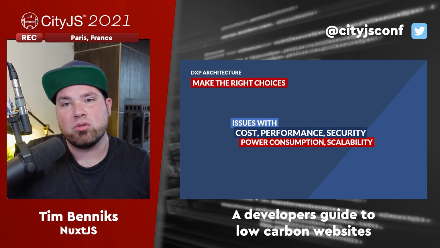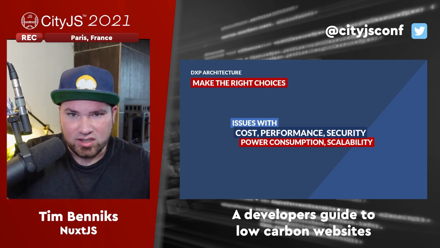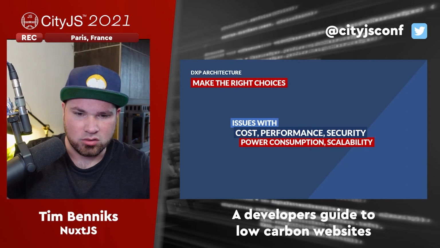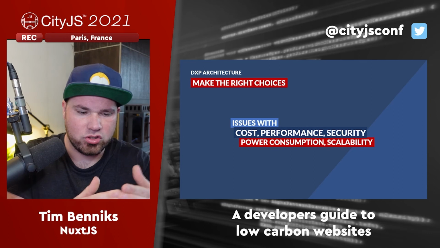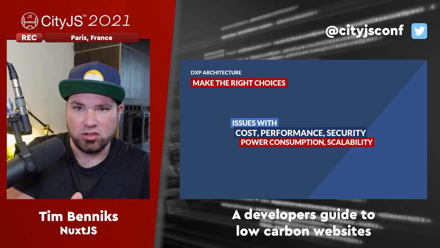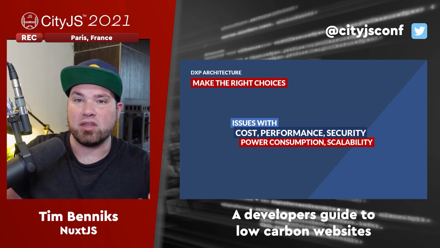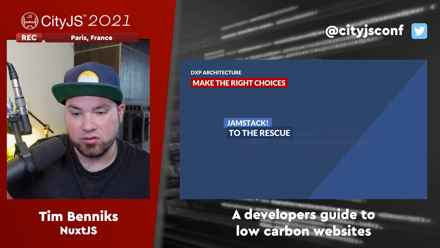But actually what we should talk about is scalability and power consumption, because those monolithic systems, those big systems, are always on because they are not decoupled. So if you have your wish list and your search and your homepage and all of that in one tool and you want to scale your wish list a lot, you have to scale everything, which means more power consumption, not so good for the environment.